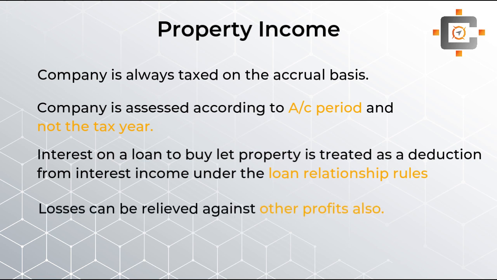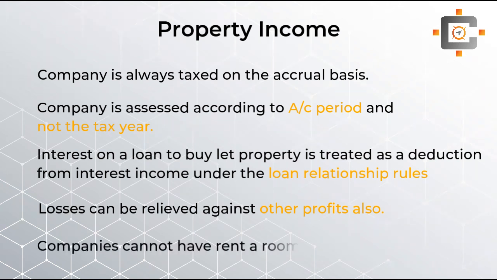Then, students, here we have one benefit also: the property loss of a company can be set off against other profits also. It can be set off against trading profit, against capital gains, and any other profits you can claim, and it's a benefit, students. In the case of an individual it was not like that. In the case of an individual, property losses can be set off against property income only.